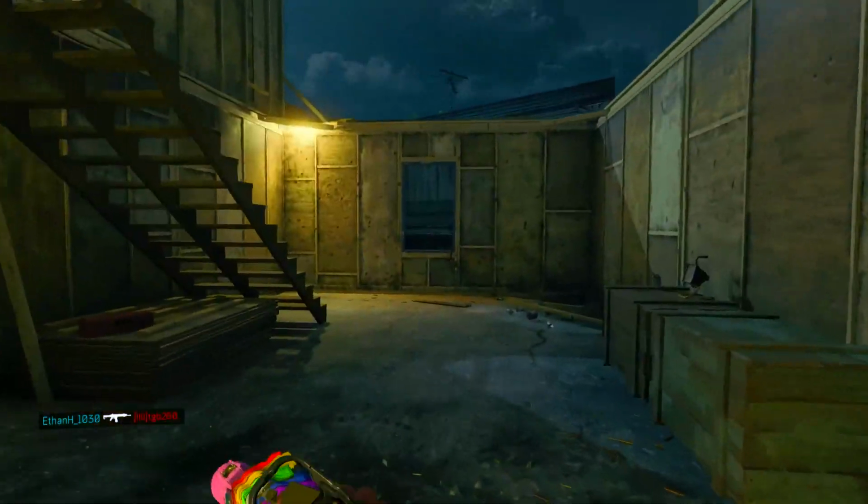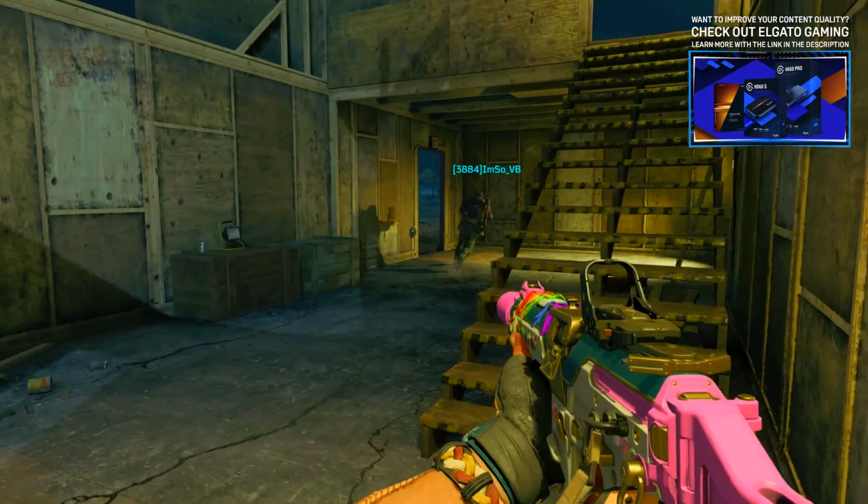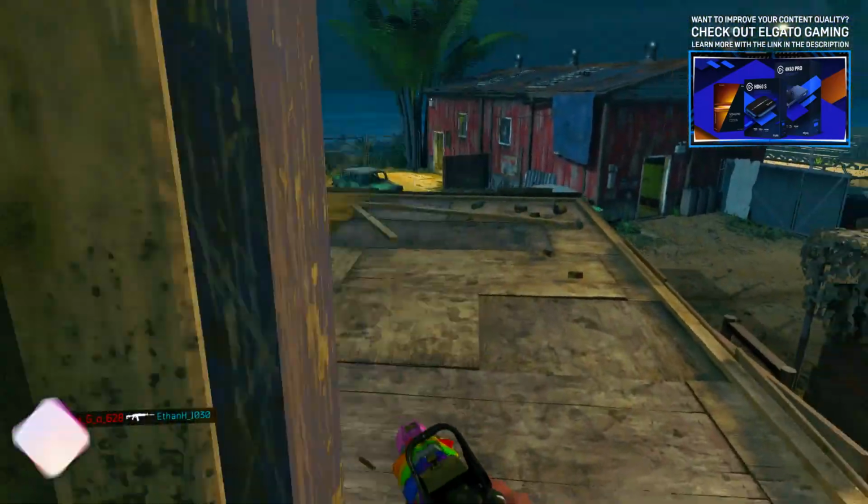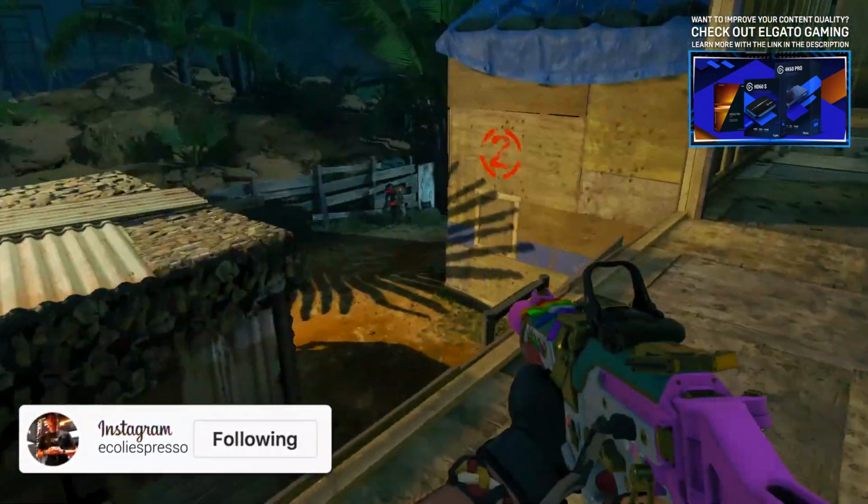Treyarch are undoubtedly the masters of Easter eggs and callbacks, but how many of those have you missed, especially the ones hidden in plain view? Today we're going to take a look at 12 different Easter eggs hidden in plain view that either may have